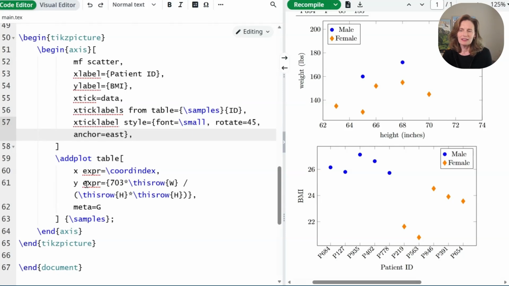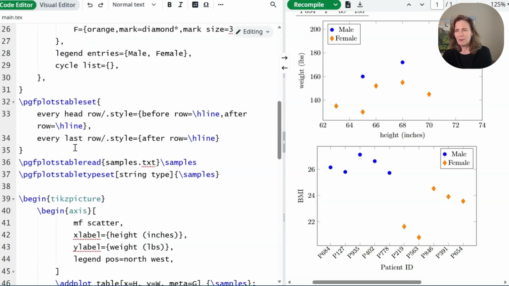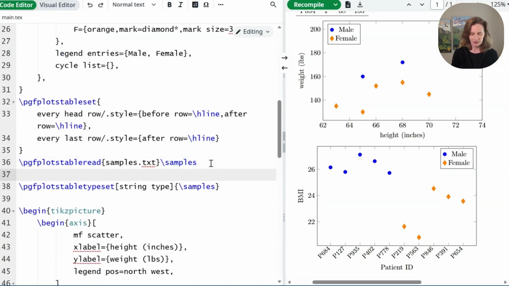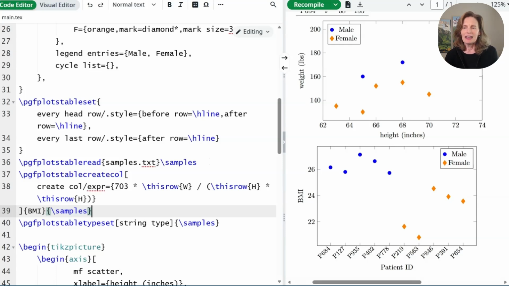Now I'm currently computing the BMI right inside the addplot command, but I could put the BMI column into the table itself using pgfplotstablecreatecol. Let me go back up here after I read the table, but before I display it, I'm going to add this